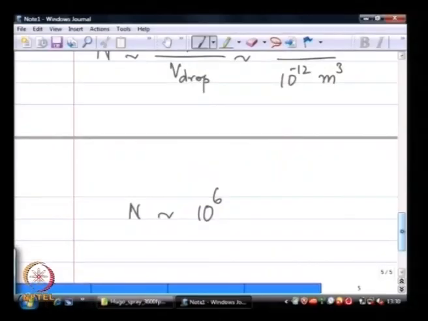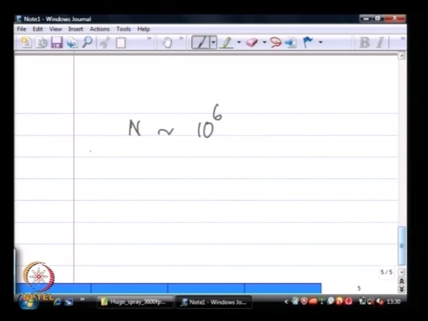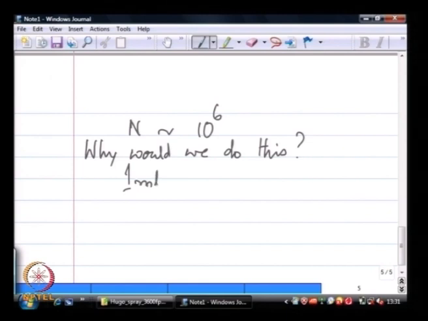Okay. So, why would we want to start with approximately 1 ml of perfume, and from there create 10^6 drops